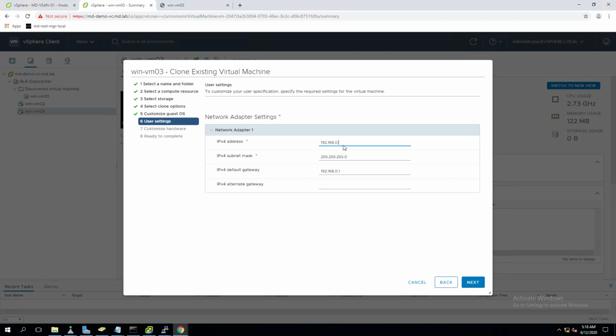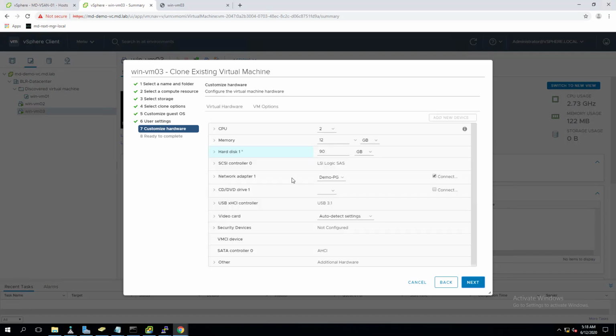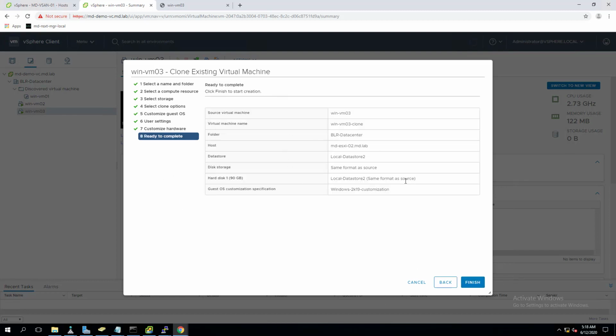The IP I specified in the customization is to prompt the user whenever I deploy a virtual machine using that customization specification. Click next. I can modify my hardware parameters like the configuration of the virtual machine. Click on finish, and it will start cloning the virtual machine.